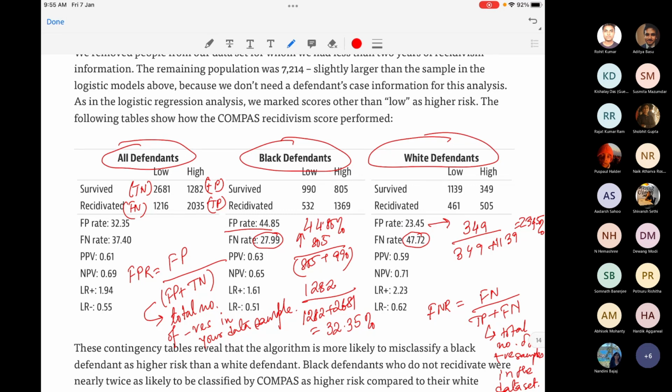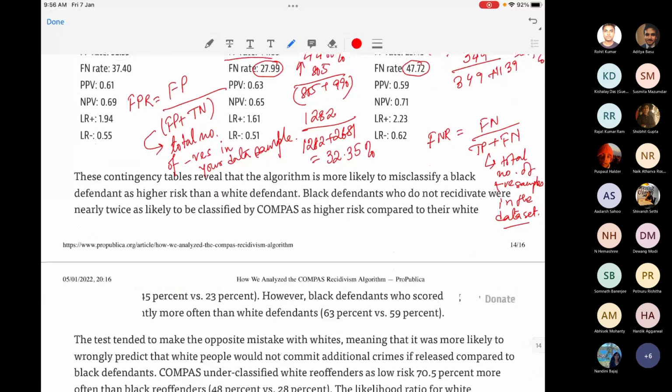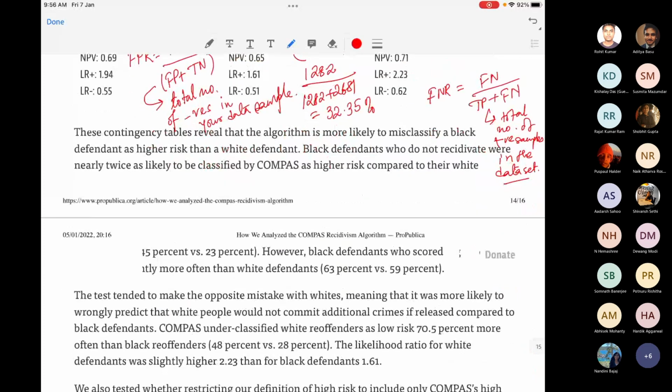So the first one is convicting the guiltless to be guilty. And the second one is allowing the guilty to escape. So these two rates are indicative of